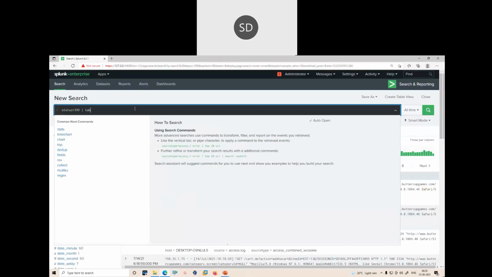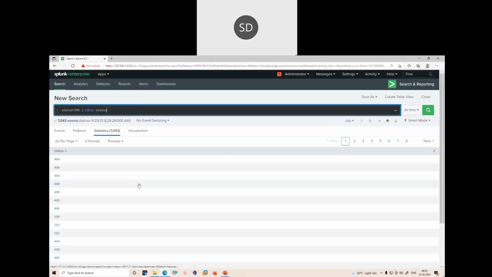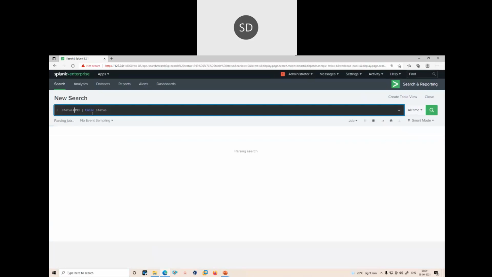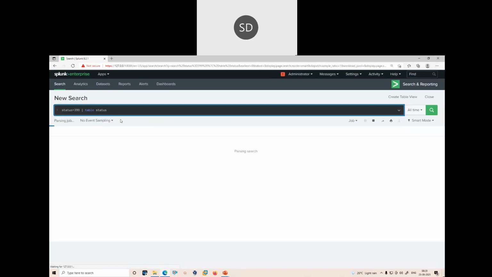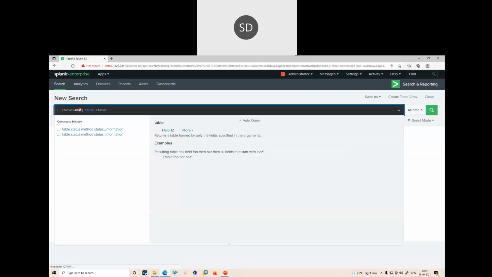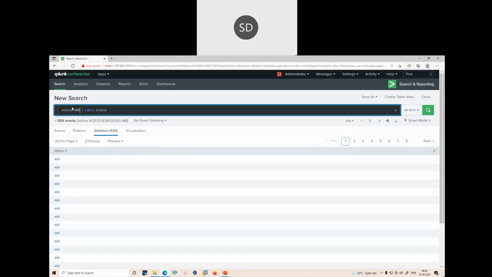So let me show you in the table, status. Okay, so you can see the data which is greater than 399. You can even search with a different operator, like less than 399. It will show you results according to your search criteria. And when you want equals to, you can see that there is no 399, but again I can search for 400. It will search for equals to, which is the equal parameter.